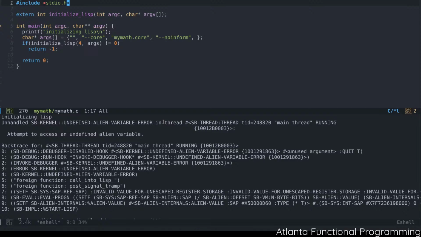But first, what does this undefined alien variable error mean? When you are dealing with foreign code inside SBCL in general, when you're loading that foreign code into SBCL, there's something called the linkage table that is required to hold this foreign code so that when it gets loaded into memory, whether it's through a core dump or what have you, you'll be able to figure out the memory addresses where these foreign functions reside. This way, when you encounter it through this V8 mapping that is normally done through assembly code, it will be able to encounter that particular section of memory where the shared library resides and go and invoke the function. This is essentially the equivalent of